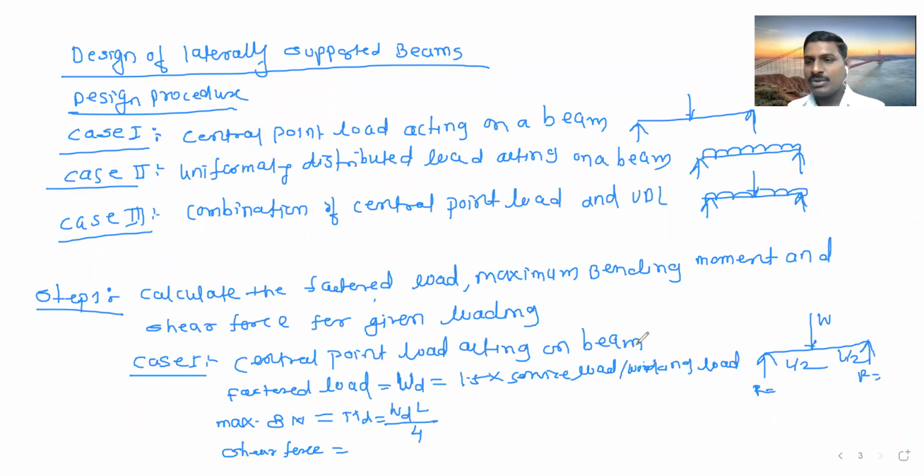Simple आहे. जो लोड आहे त्याच्या डिवाइडेड बाय 2 इकडे डिवाइडेड बाय 2 इकडे जाणार ना, सिम्पली सपोर्टेड बीम असल्यानंतर. मग काय असणार shear force? W by 2. WD by 2. W by 2, it means WD, design load is by 2. This is the WD by 2 or WD by 2.